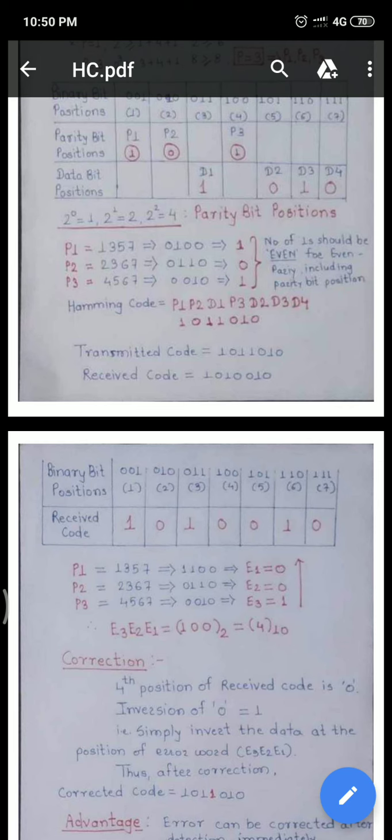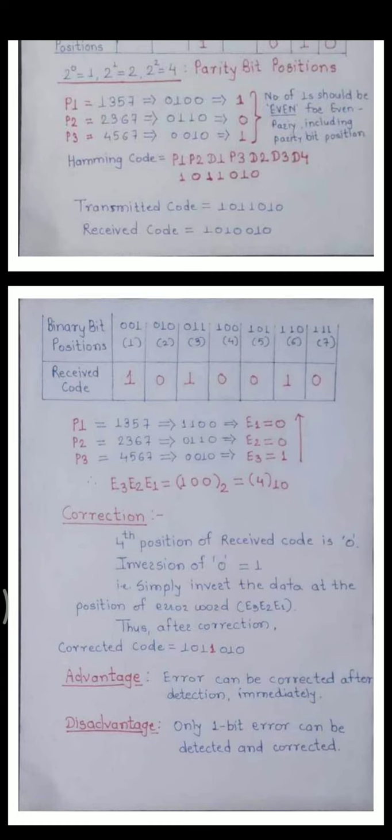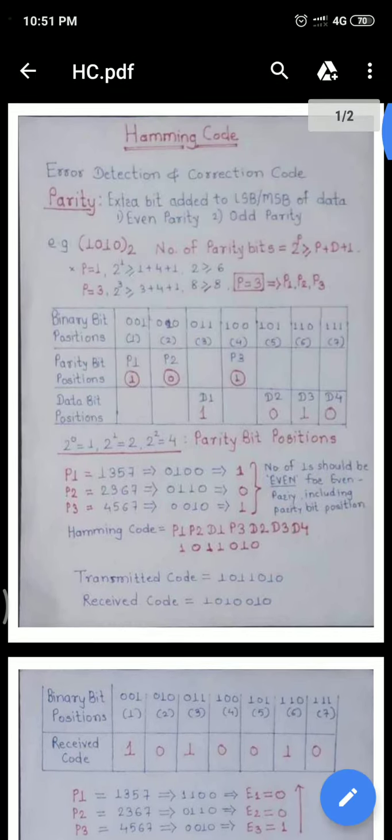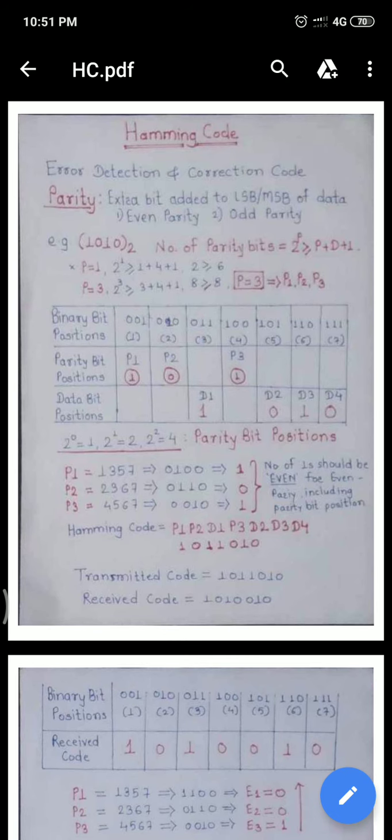But we have to find this out with the procedure of detection of the error, as our Hamming code is an error detection and correction code. We have still not detected any error. We have found the Hamming code for the 4-bit binary data now.